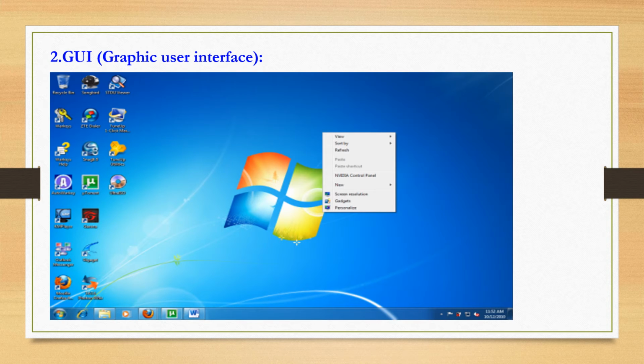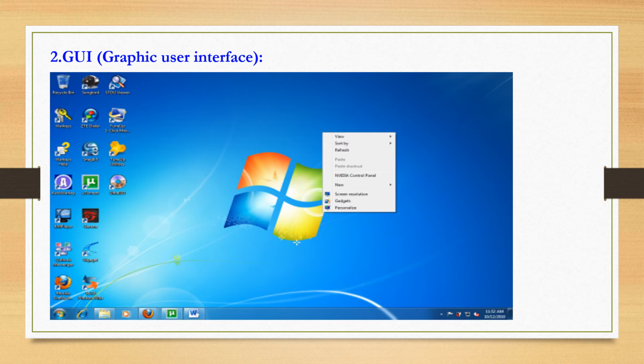So have you understood the difference between the two? In a graphic user interface, it uses graphic objects to help the user interact with the computer. These objects will be used, whatever objects you can see here. Correct? And in the Windows operating system, commands are given by clicking on small pictures. You can see small pictures, icons, are there. These icons will be used for that particular activity. We have to just click it twice and it will open or start working.